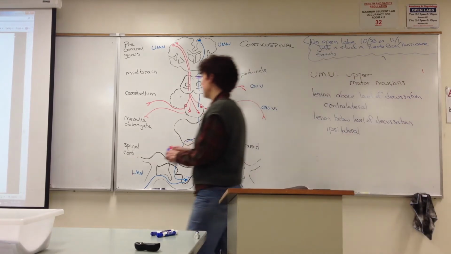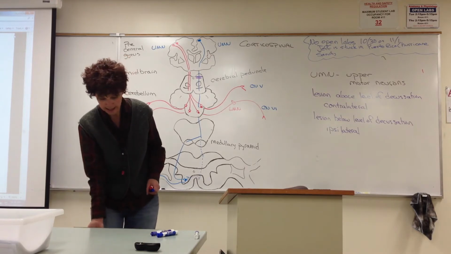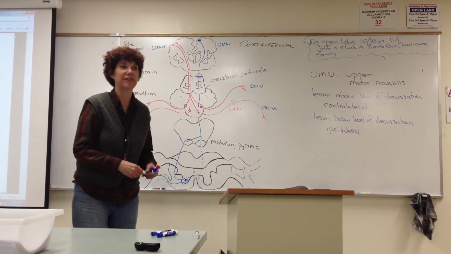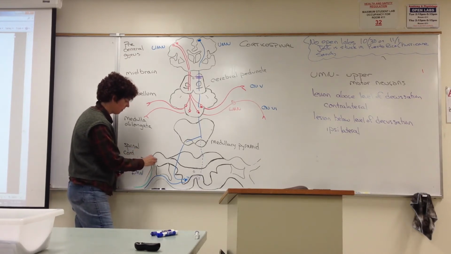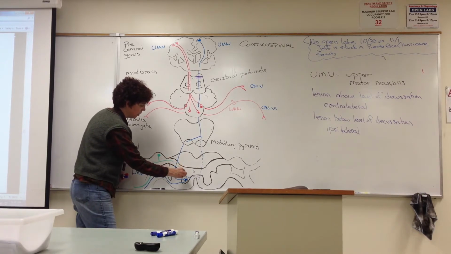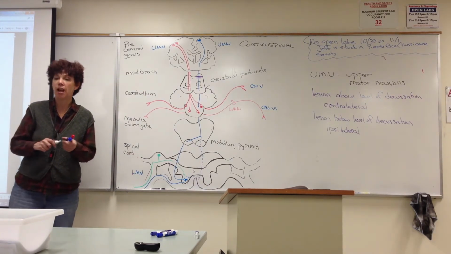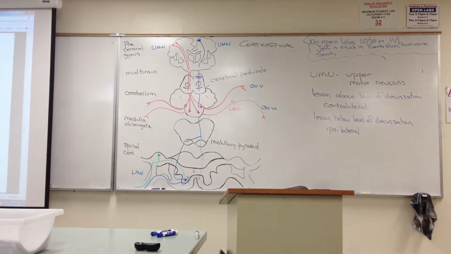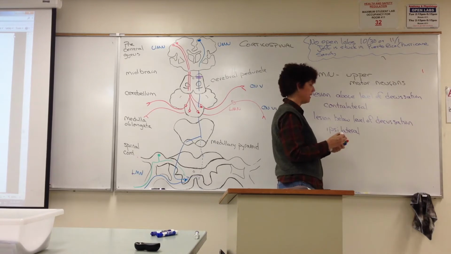So if our sensory neuron is activated, let's say the knee-jerk reflex, a sensory neuron comes in and synapses with our lower motor neuron, it can still activate it, and you would still have movement. You wouldn't be able to consciously decide to kick somebody, or move just your fingers, but you would still have movement. So if the upper motor neuron is damaged, for both cases, below or above the decussation,